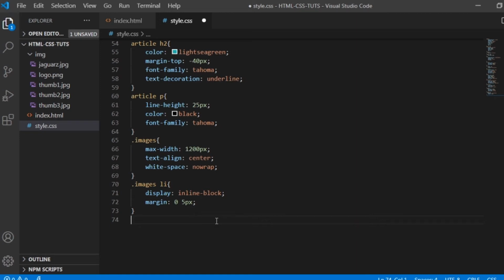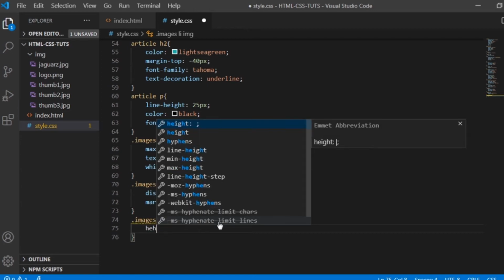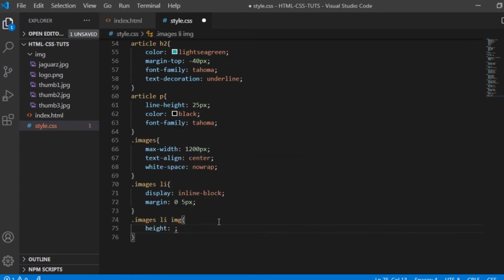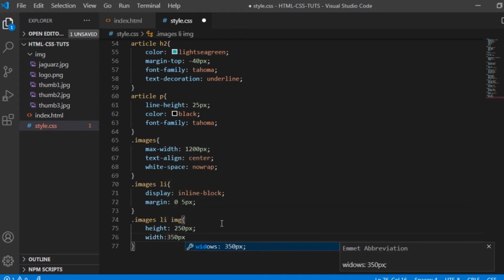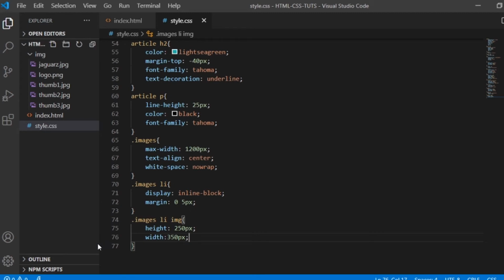So we will be targeting this image, and then let's say height, the height is 250 pixels, and the width is 350 pixels. Okay, so let's save this, guys, and preview it on the browser.